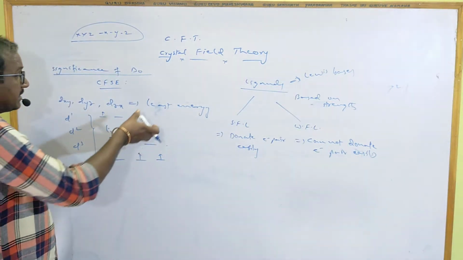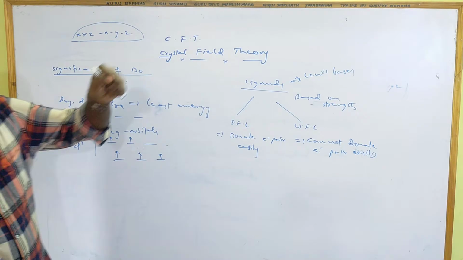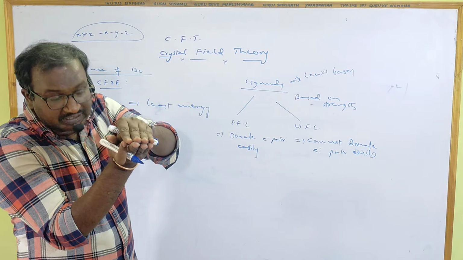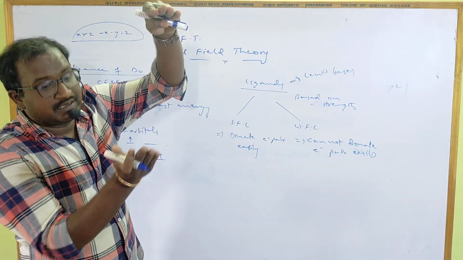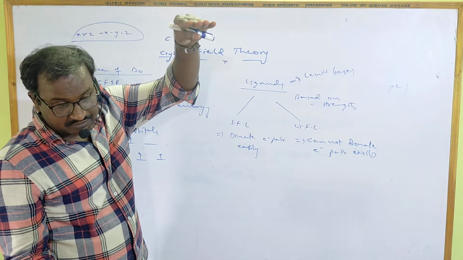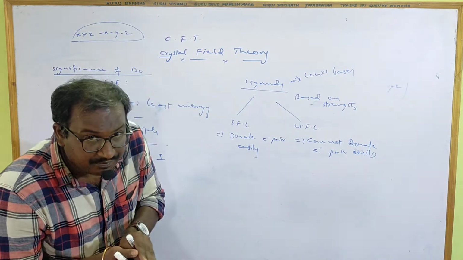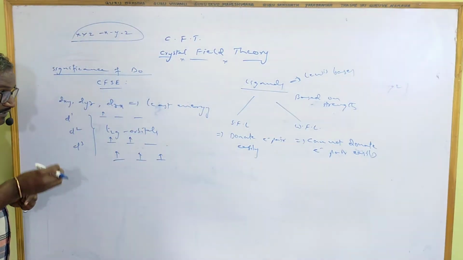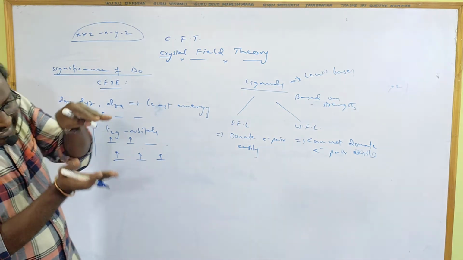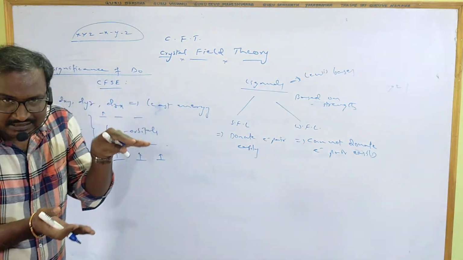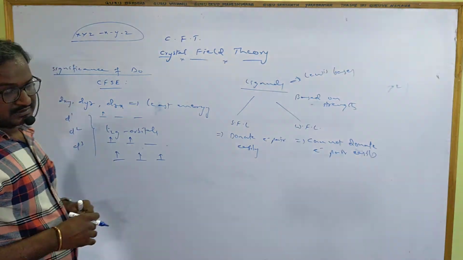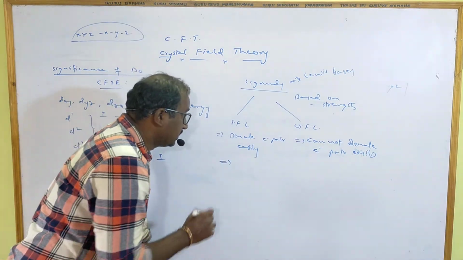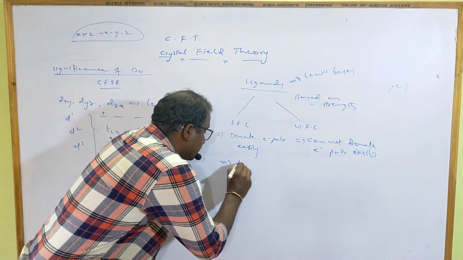If strong field ligands approach the central metal ion, the splitting is more. Suppose this is the barycenter. If a strong field ligand is there, the Eg orbitals and T2g orbitals will split more compared to weak field ligands. When weak field ligands approach the central metal ion, the d orbital splitting is less. Splitting takes place, no doubt about that, but less. So like this it will be there. So here we can write that point: if strong field ligands are present, the splitting is more.